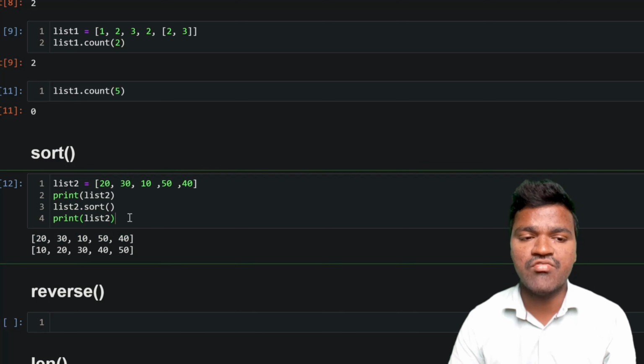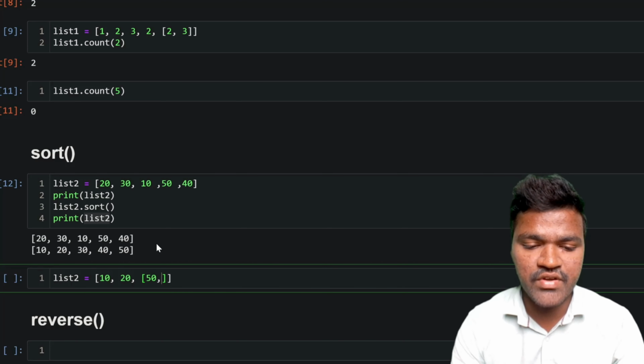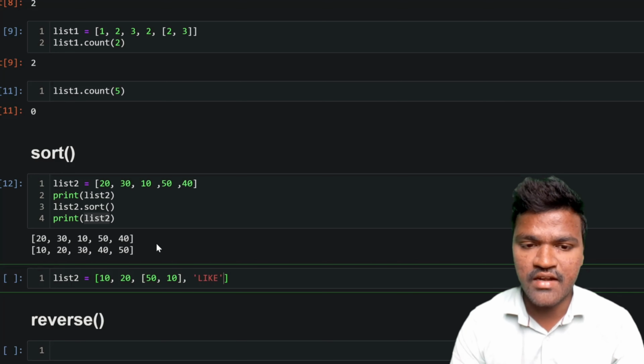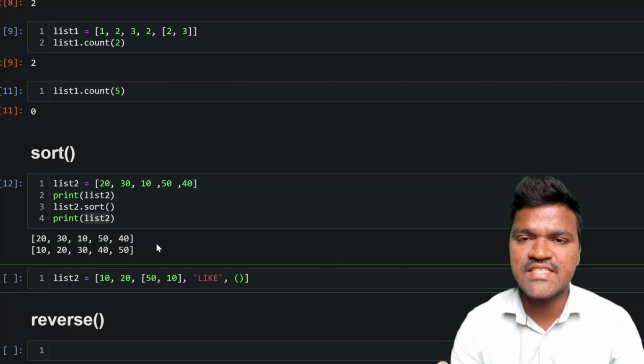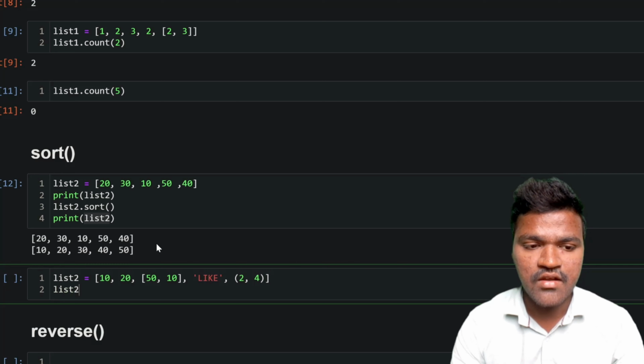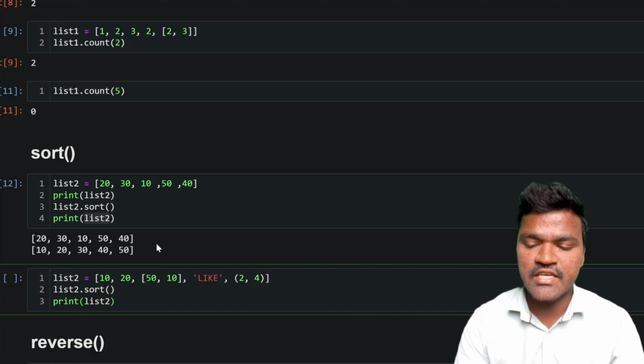Let's say I am taking this list2. Inside it, I will consider different types of elements, heterogeneous elements. For that, I am taking 20. I will consider one more list inside this list, with 50 and 10. After that, I will consider a string, and then a tuple. We will discuss the tuple later; a tuple is also considered a container. Here I will give 2 and 4. After that, if I call sort and print the result, and execute this,